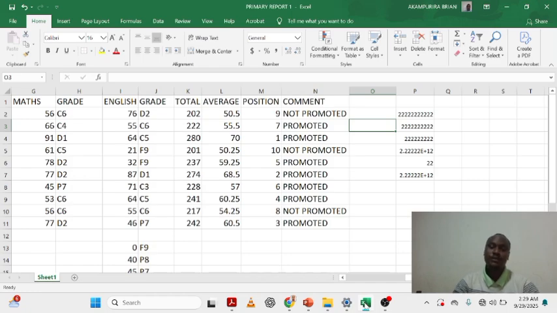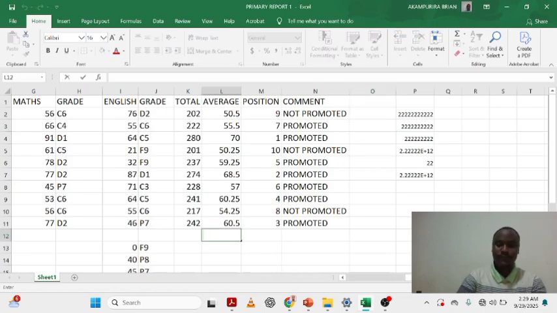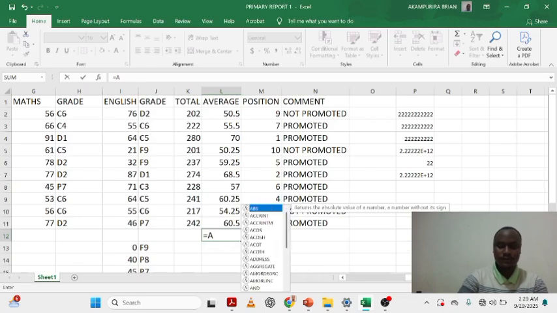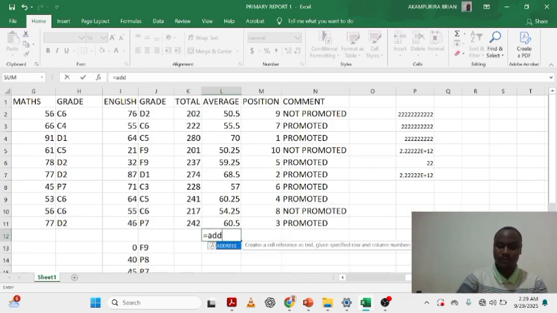So the next error that we are going to talk about is the name error. This happens when a formula is not recognized by Excel. An example is this. We're going to try to get the sum of this, but instead of putting the word sum, which is recognized by Excel, we're going to use add, which is not recognized by Excel, and then we'll open brackets, and then we select